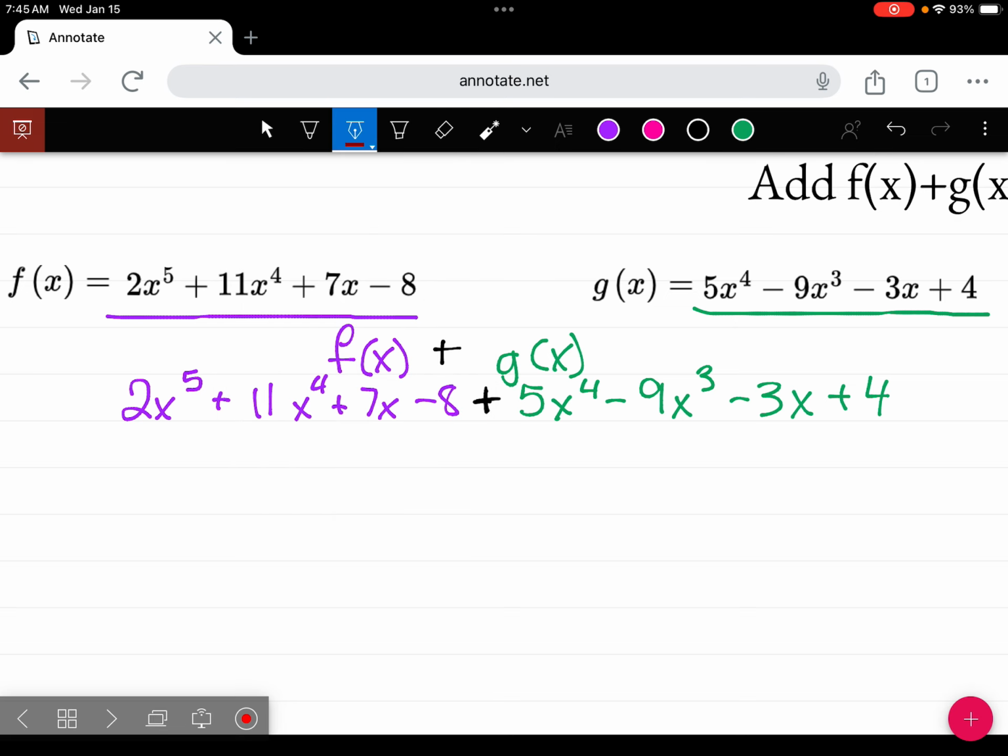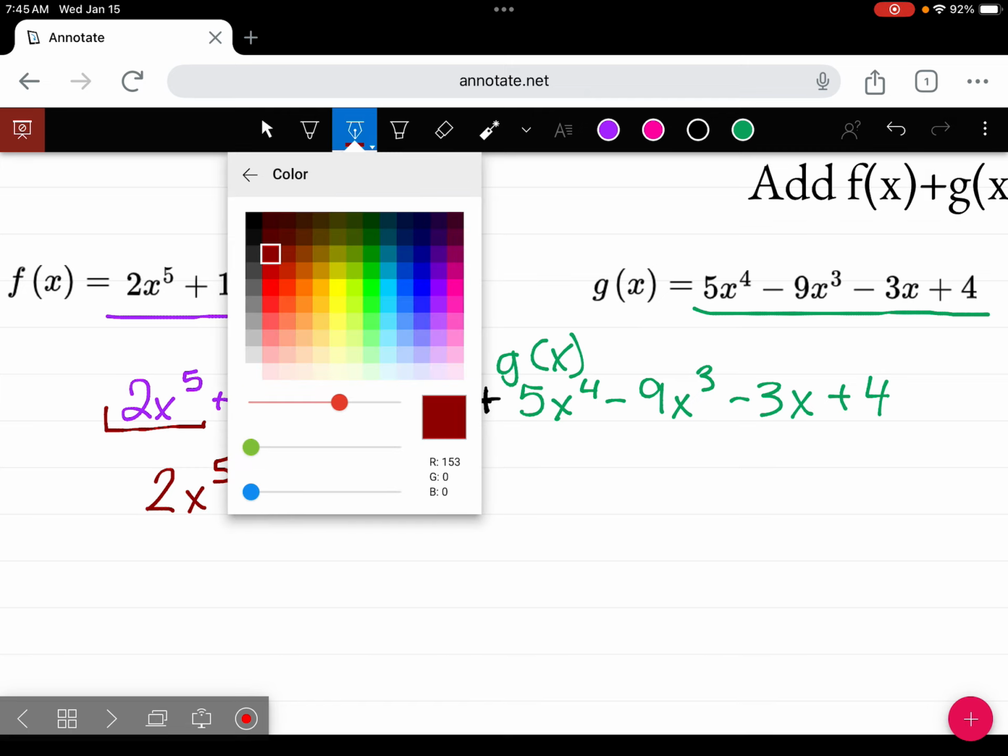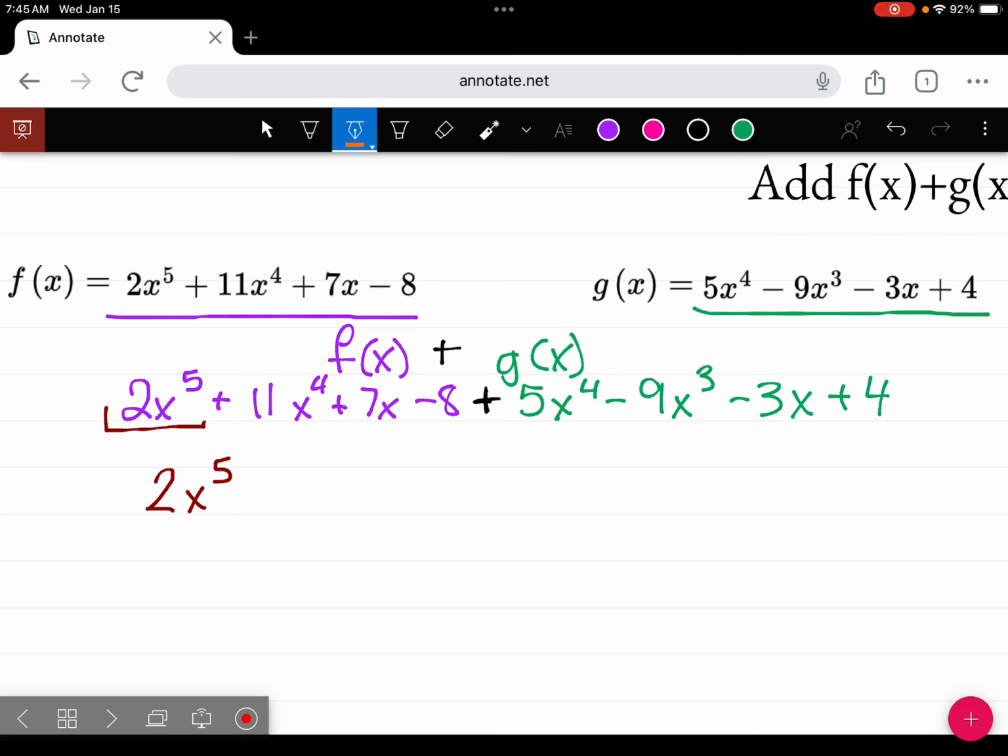So what are we going to do to try and combine these together? Combine all like terms. So starting with my biggest piece, I've got an x to the 5th. Do I have anything that's going to combine with it? No. It's the only one. So we have 2x to the 5th. How about our next piece down? We have x to the 4th. 11x to the 4th. Yeah. 5x to the 4th. So we're going to have